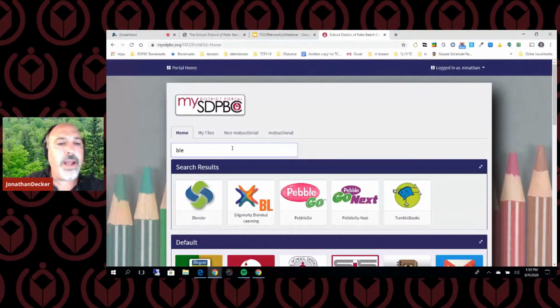But once you find that pinwheel, you're going to go ahead and click on that, and you're going to get logged in as yourself. For our demonstration purposes today, I've logged in as a demonstration teacher who can demonstrate almost all the functionalities that you're going to find when you log in. So again, access should be as easy as going to your employee portal, finding the Blender tile, clicking to get in, and landing on your homepage.